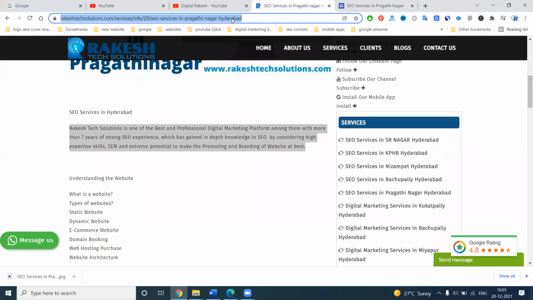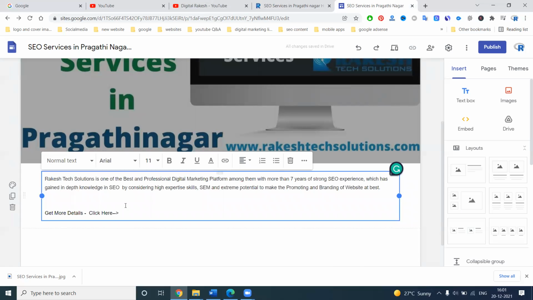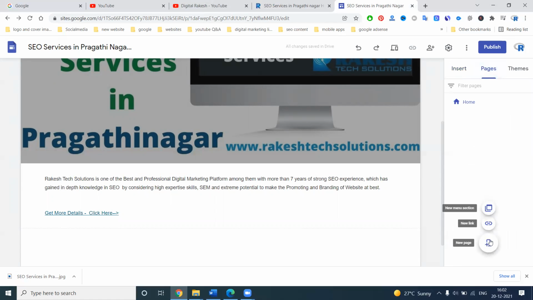We can give this. The option name is called anchor text. Give a link, the link will be given. Apply it, and click edit. So this will be the link, click here. Everything is perfect. Next, the major option is creating pages. For pages, we can add a new link and a new main location.